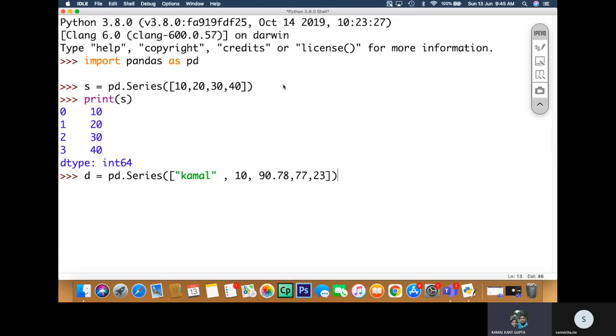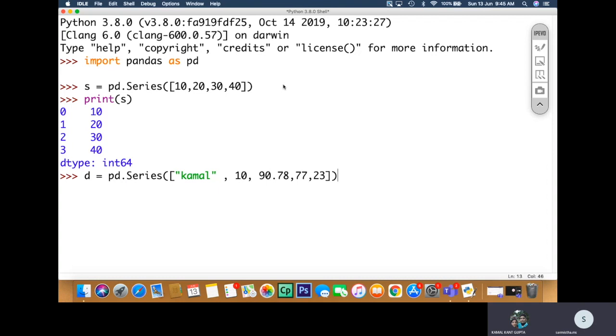But what will be the value of D type if I execute this code? What will be the value of D type? Just take a minute. Maybe it will convert every single one of them into a string, and D type will come as object.